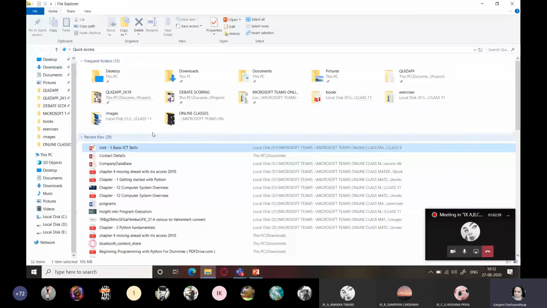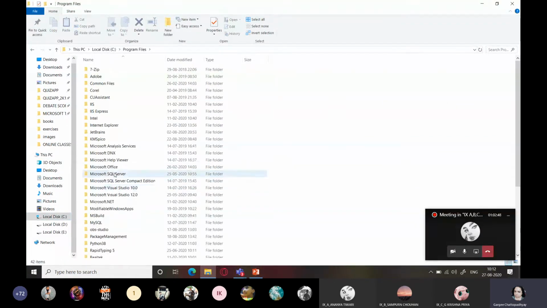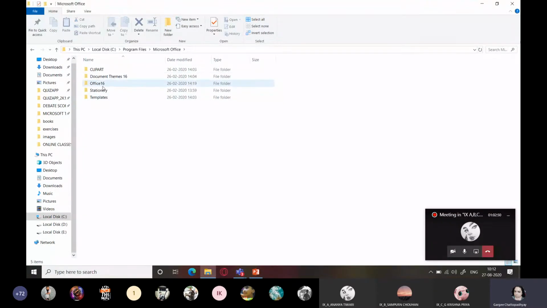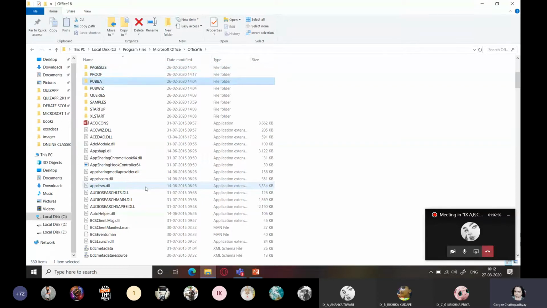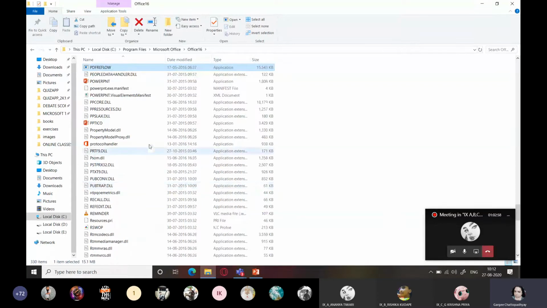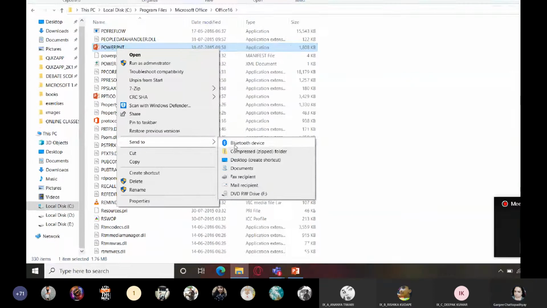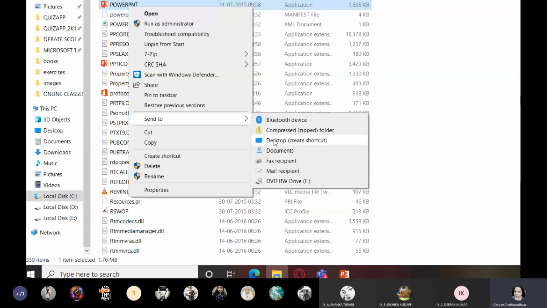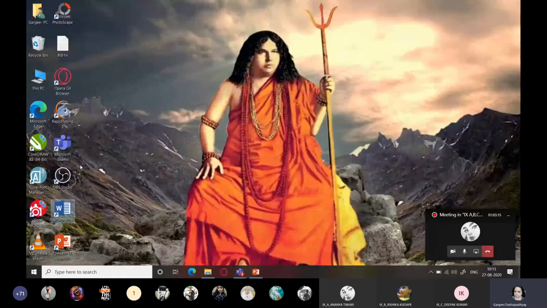Not only this, you can also first of all open the location using your File Explorer. So I'll go to C drive, go to Program Files, I'll go to say Microsoft Office, Office 16, look for something. I just typed P over here. I typed P once again. So I'll find here PowerPoint. Okay, so I can right click on it and I can select Send to, and I can click on what? Desktop. So this will add it to the desktop. So when I click on it, now I check the desktop, you can see PowerPoint shortcut has been added.